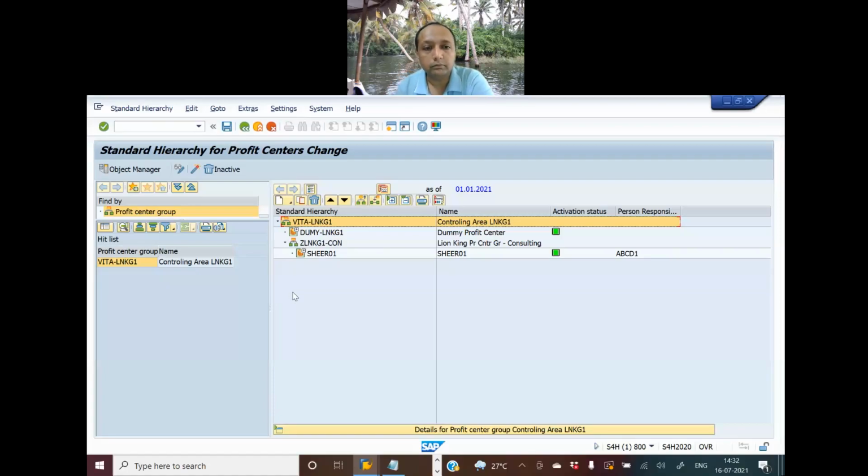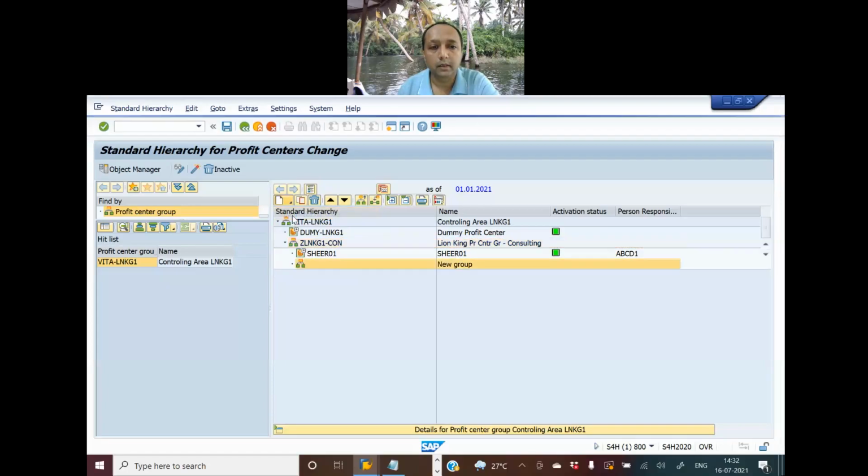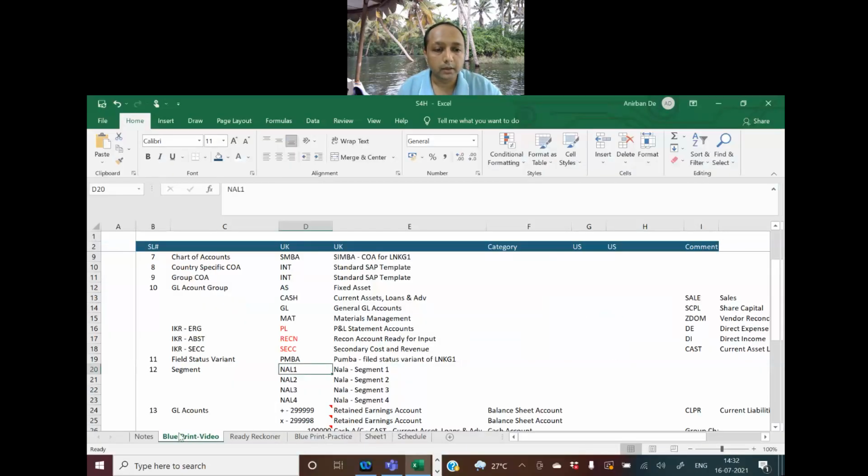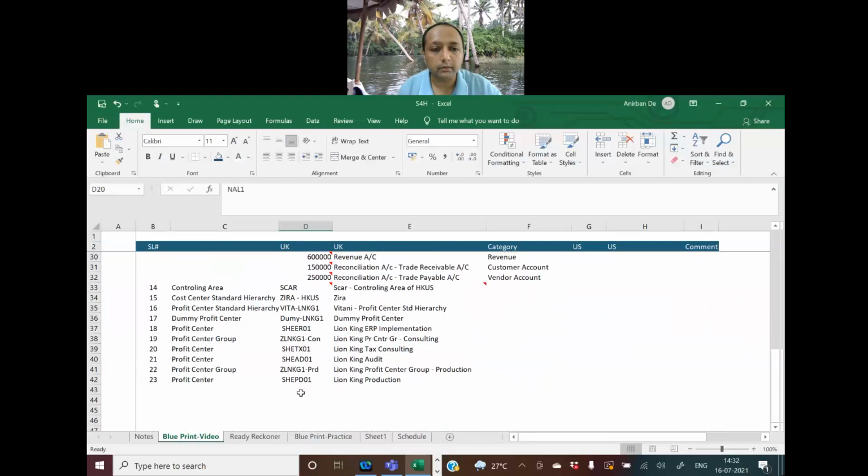Suppose under this one, I select this one, consulting, and I want to create another group, probably at a lower level, like this. Okay, and I name the group as production. So let's see if we have something called production. Here we have called production. So we call this as a production,